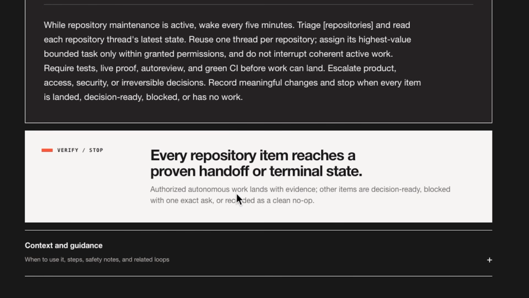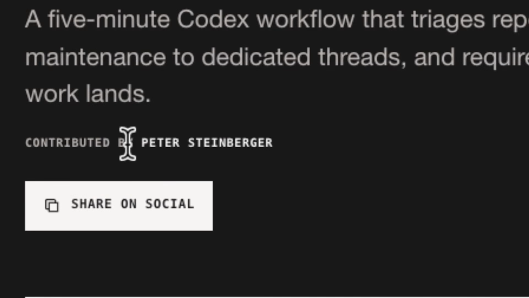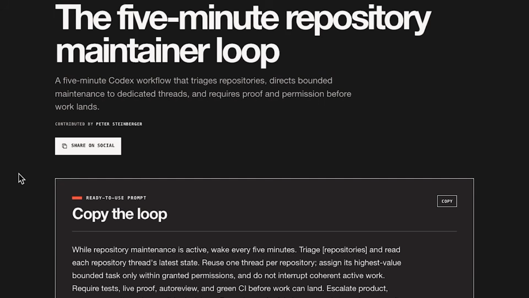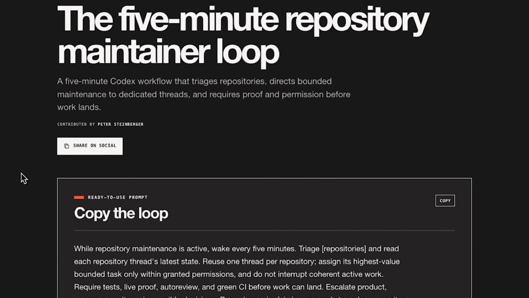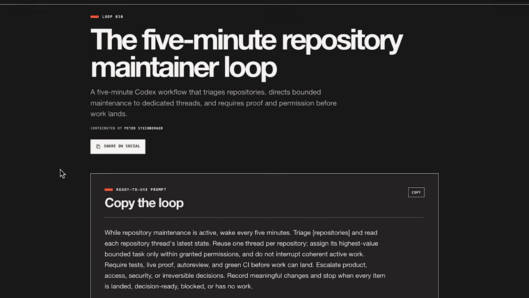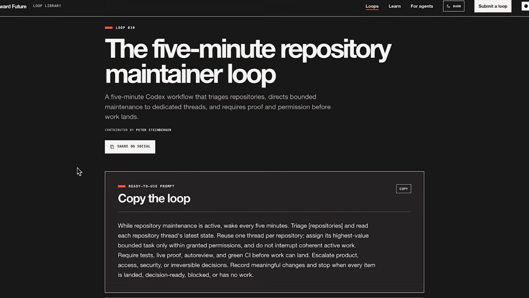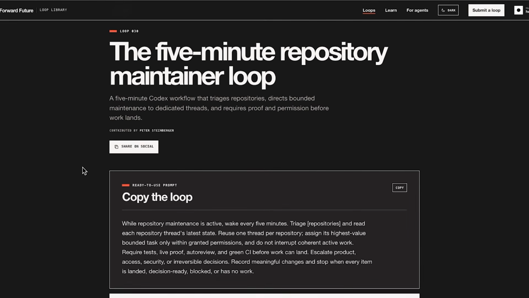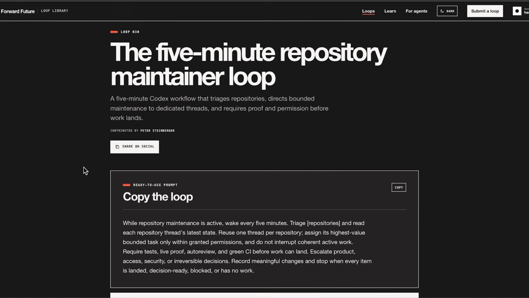Authorized automations work lands with evidence. Other items are decision ready, blocked with one exact ask, or recorded as a clean no op. Once again from Peter Steinberger. So this is for you if you maintain several active repos, so you can have an agent triage and advance one bounded task per repo on a heartbeat, with proof and permission required before anything lands.